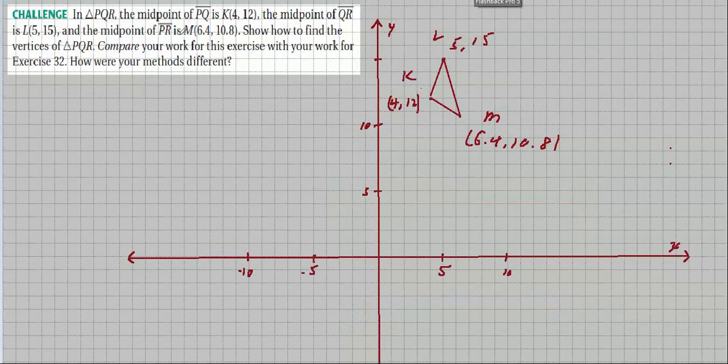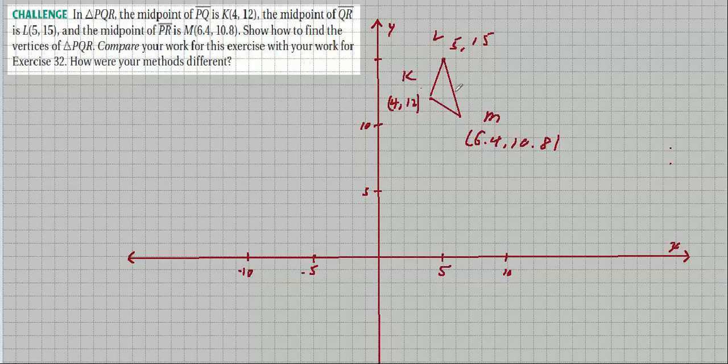Okay, this one, they say show how to find. They don't really tell you to find the vertices. It's like saying, tell me how you would do it if you were going to do it. Not actually going to do it. I guess I'd find somebody smart and pay him to figure it out. That's one way. On the other hand, suppose you couldn't find anybody smart. How would you do it? Well,